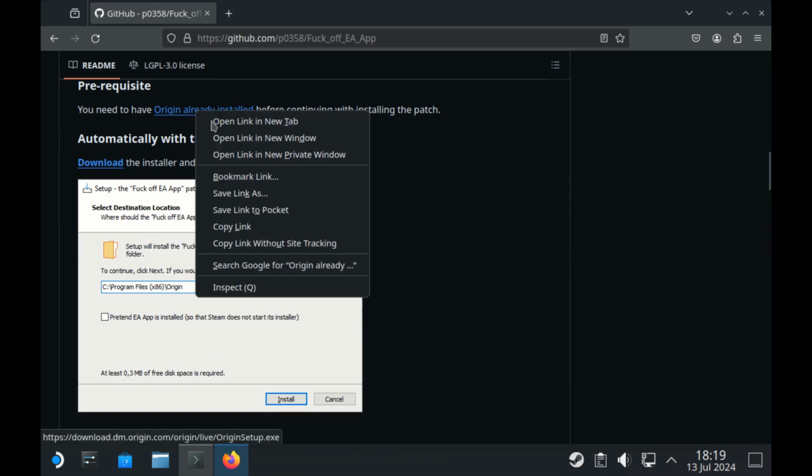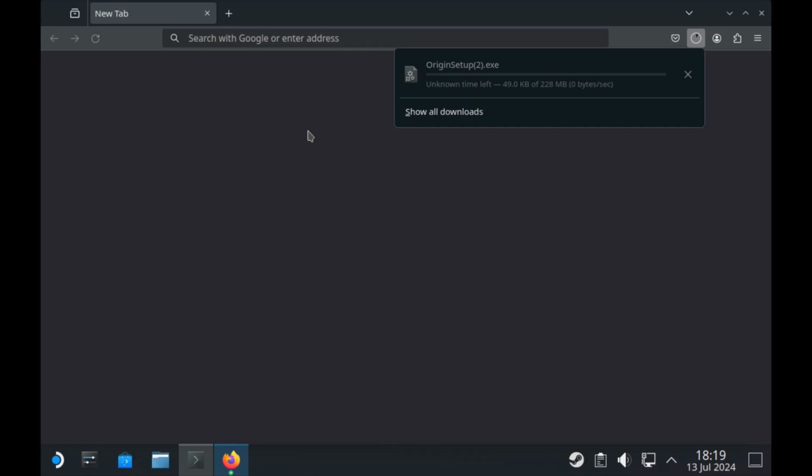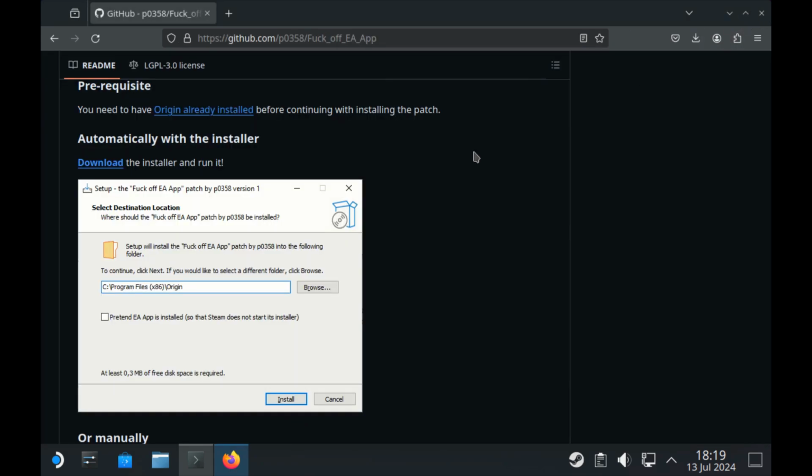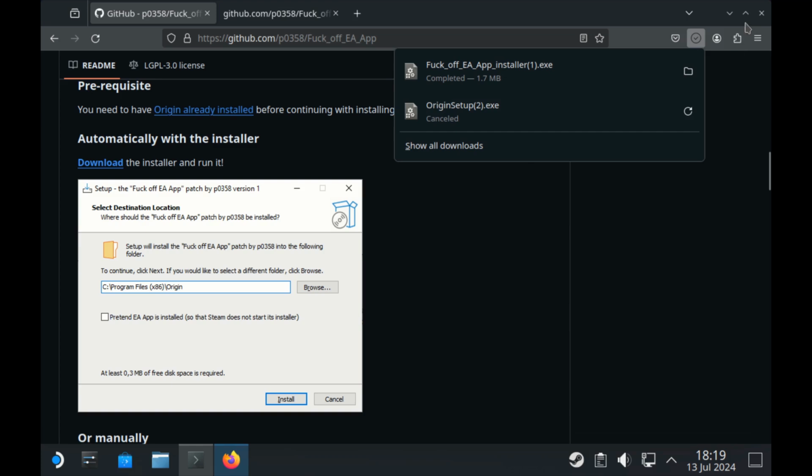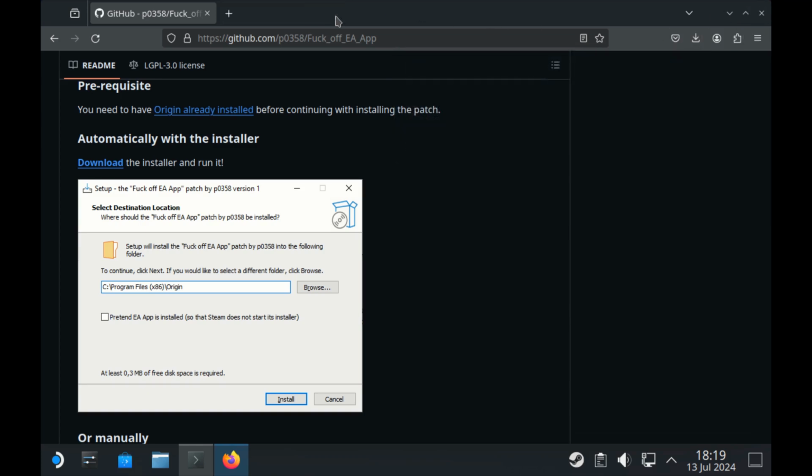You're gonna grab this. It'll automatically start the download. And stop that, I don't need it. And then you'll download this as well here. And then what you do is we'll come over here,